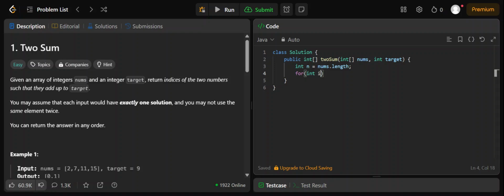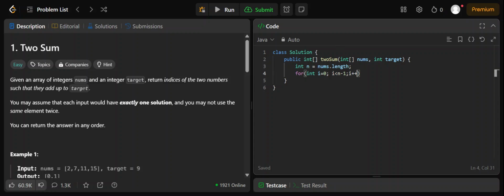So let us write for int i. We are taking i as a variable that will start from 0 and go up to the length of the array, that is i less than n minus 1, i plus plus. Okay, hope you got till here.